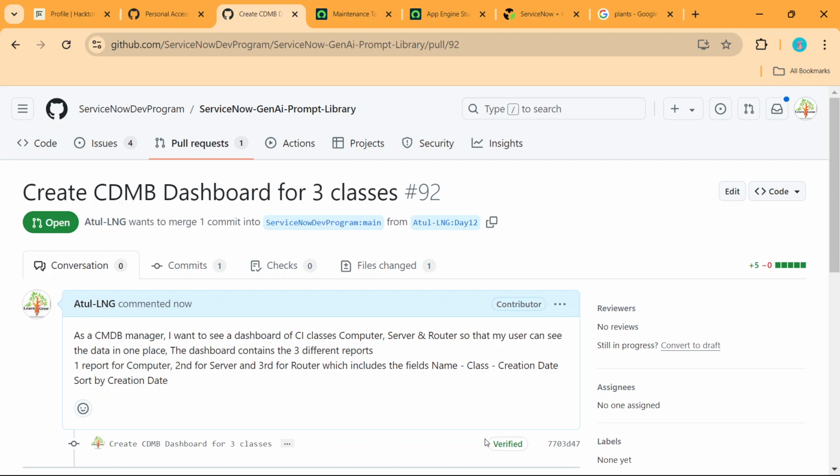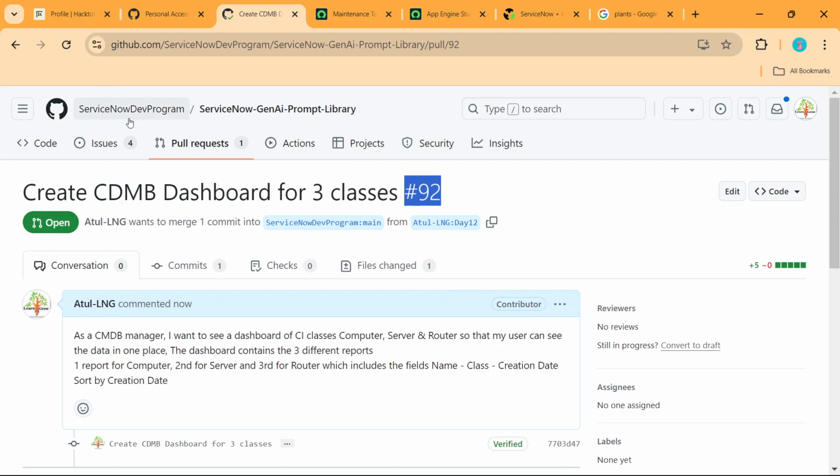My work for today has been done. And I got a new number, 92. This is my pull request number. Sorry, this is my commit number. Okay, so now this will go to the approvers. They will see, they will read. If they find that yes, this is the right information, it is good to go in ServiceNow Gen AI or the Now Assist, they will approve it, and I'll get an email that yes, it has been done.